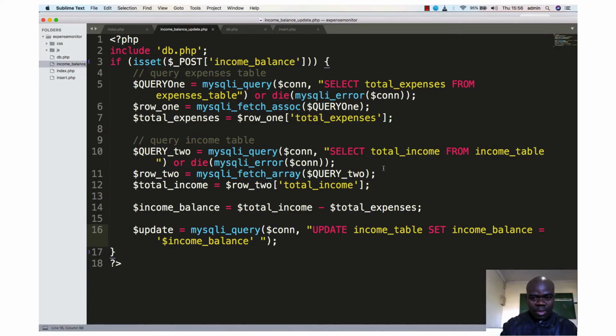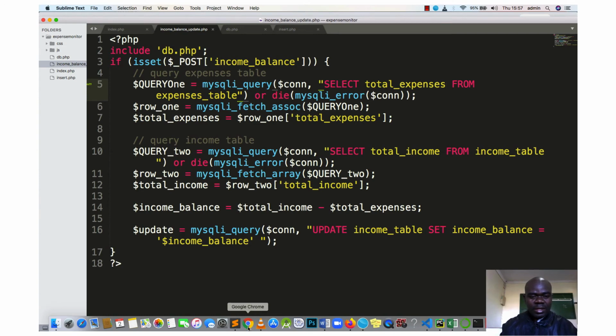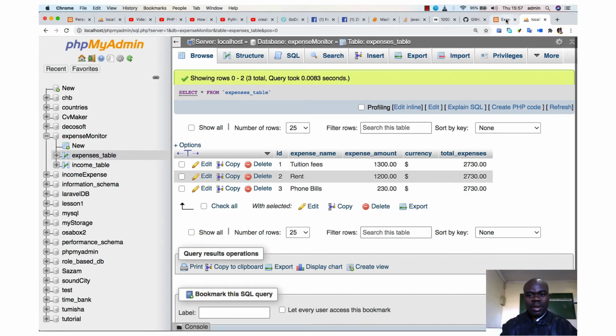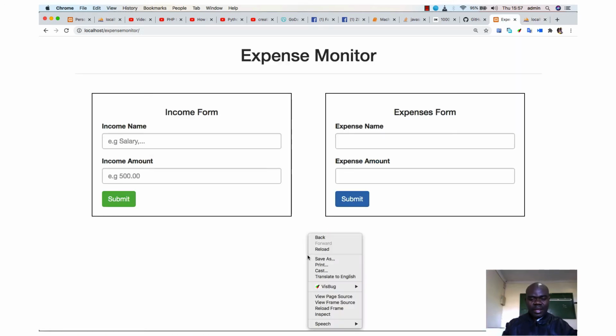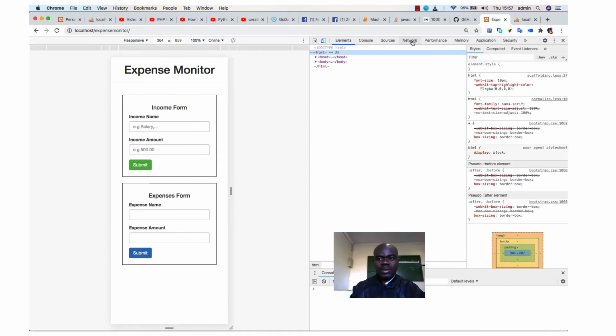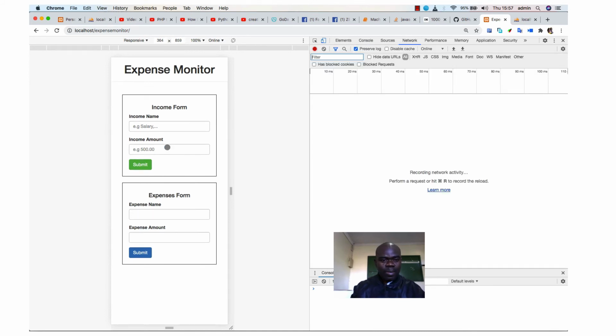So select total expenses from expenses table. The best way that you can check if you have an error is you get back to your browser, you come back here, you right click on inspect, then you come to networks, then you push in, say, let's type in what are the bills, medical bills